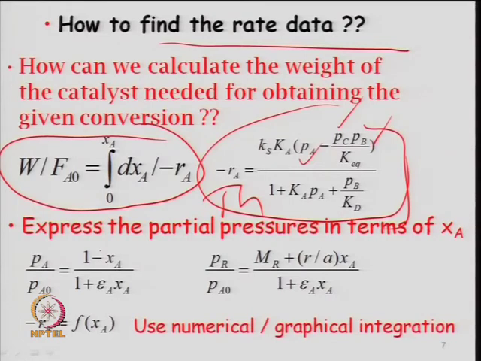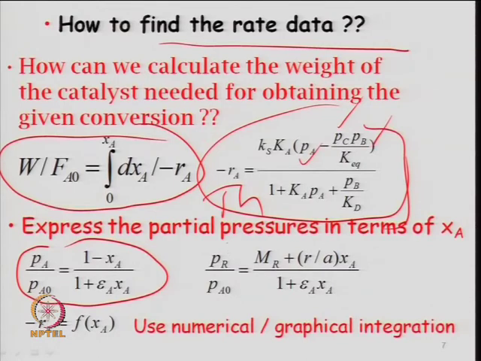So, C A is equal to P A by R T, right, C A naught is P A naught by R T, R T cancels. So, finally, one can write in this form also. Whether you define in terms of partial pressure or in terms of concentration, there is no change in the expression, only the constant may change depending upon R T, units may change. So, this is how numerically or graphically you can write the expression, and this is what defines P r